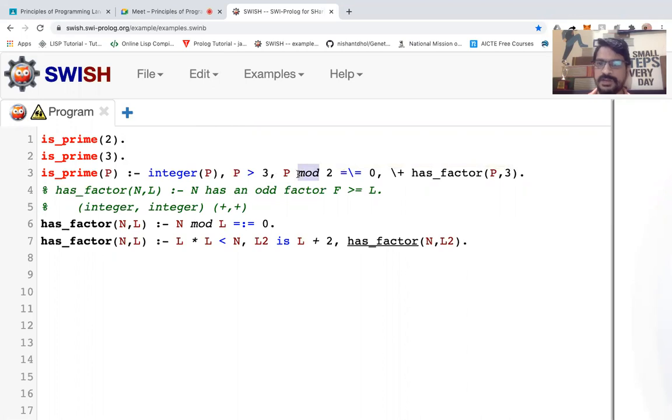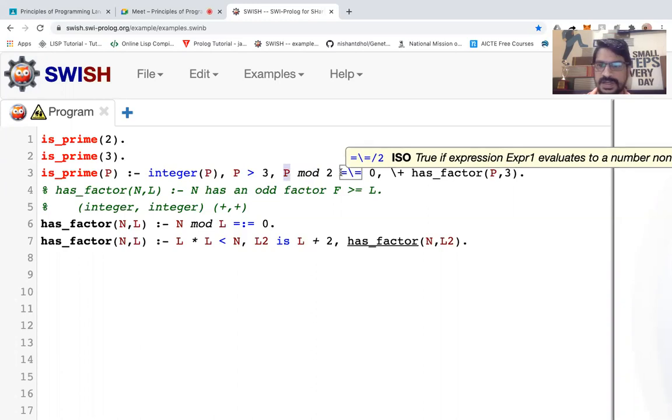Yesterday we did the modulus, the remainder, right? If we take any variable P and do modulus of 2, and it is 0, what is the meaning of that? It is divisible, right? What we do not want is for it to be divisible. So that's why this is the expression for that.